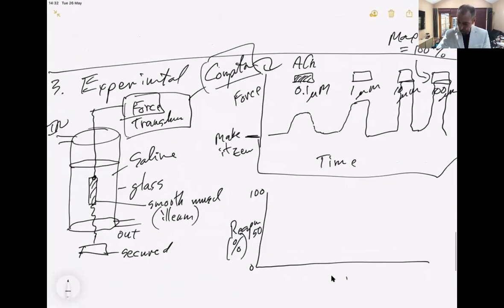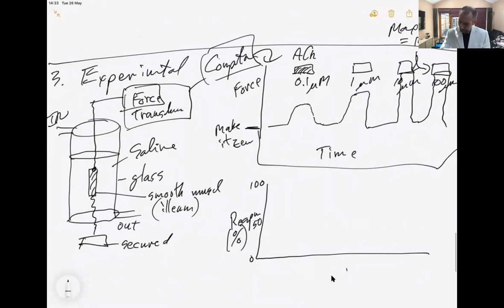So the maximum response would be up here. Remember, it's saturating, so 10 is giving us pretty much the same as 100. And we could plot this linearly, but we'd have to go out a very, very long distance. It doesn't make sense. So rather than linear,